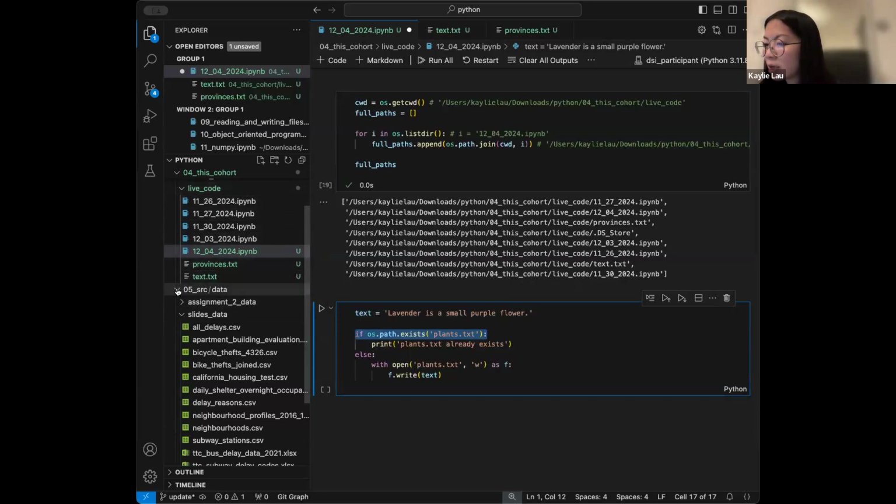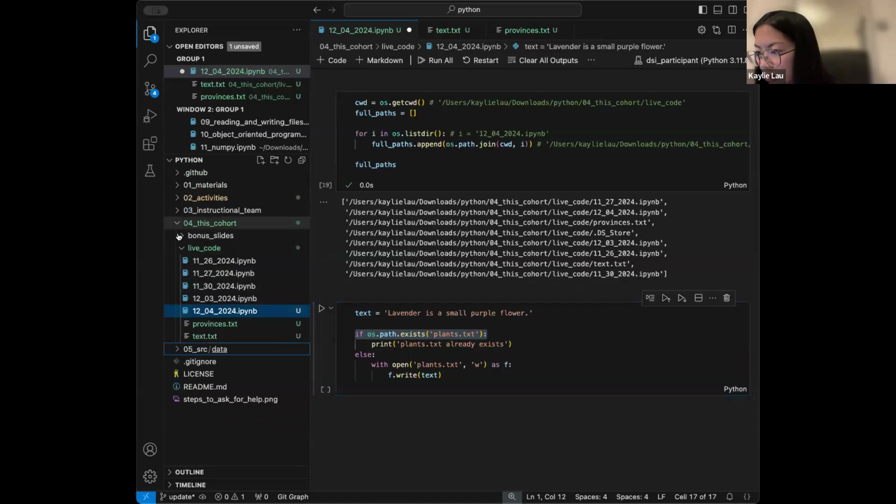Plants.txt, right? This is my current directory. Let me check: plants.txt doesn't exist in here. I have provinces and I have text, but I don't have plants. So the first time I run this, the if statement is going to execute to true, and I'm going to print